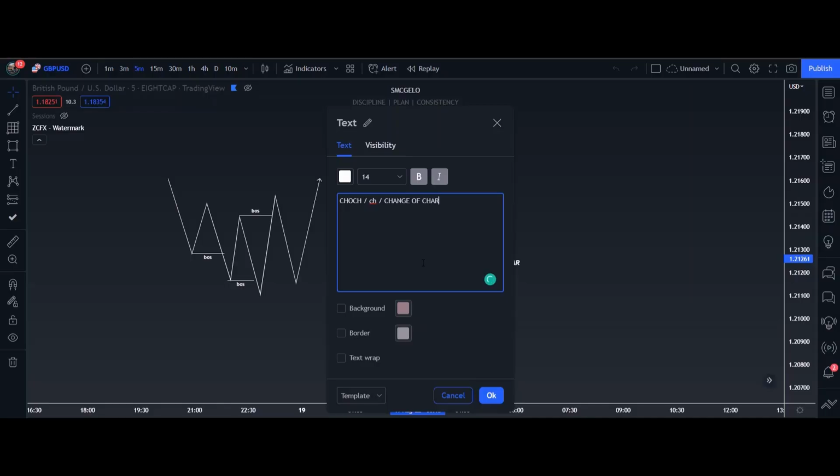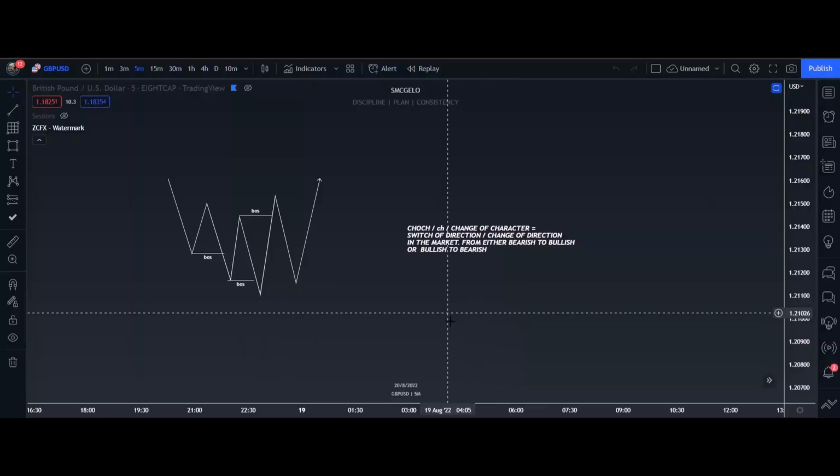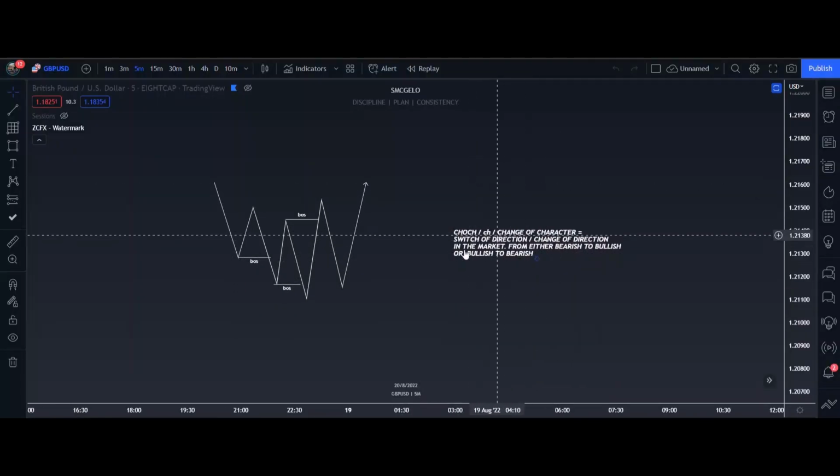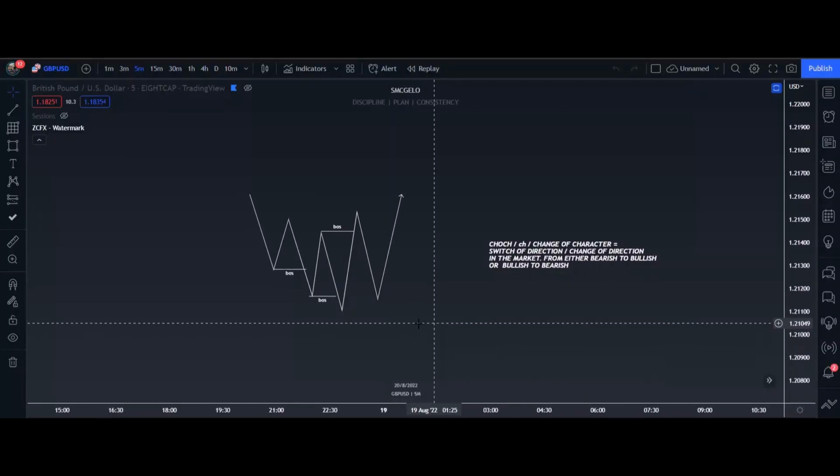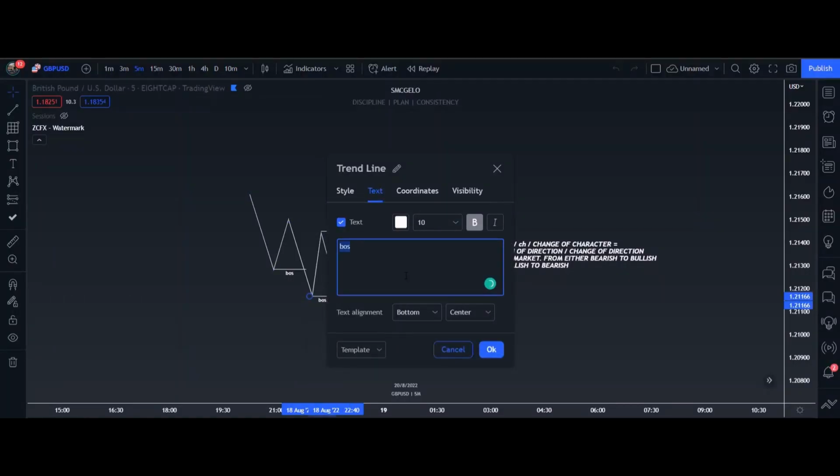Change of character equals switch of direction from either bearish to bullish or bullish to bearish, simply put. Okay, so change of character, switch of direction, change of direction in the market is when price, mark this up